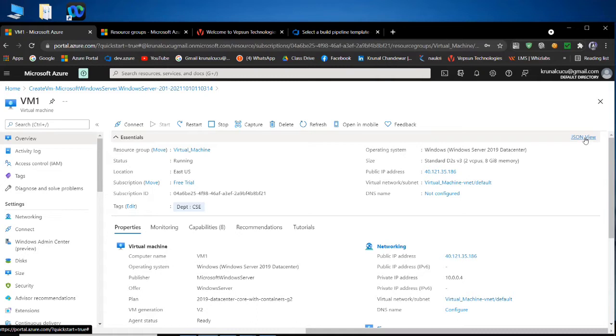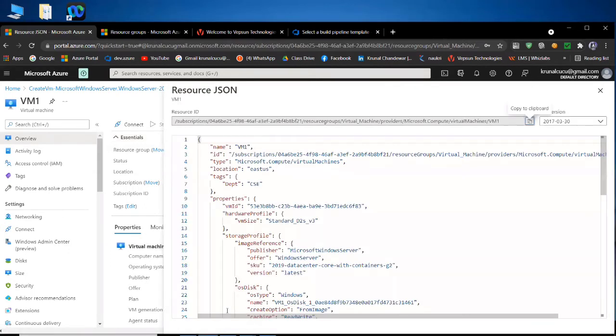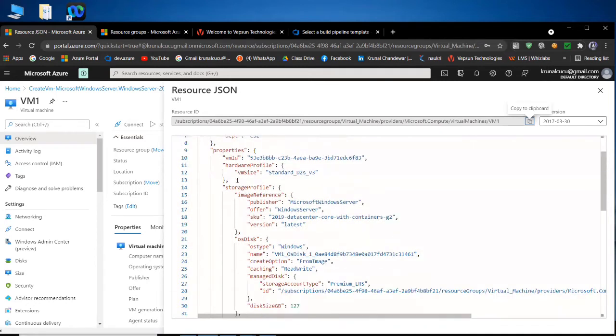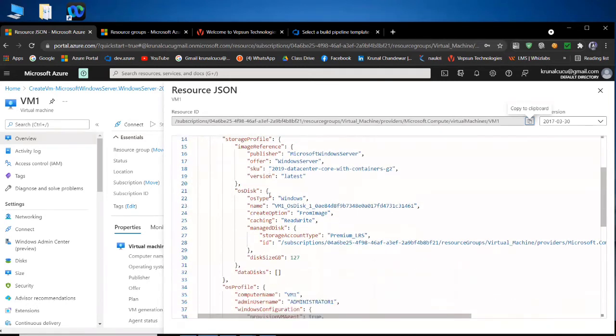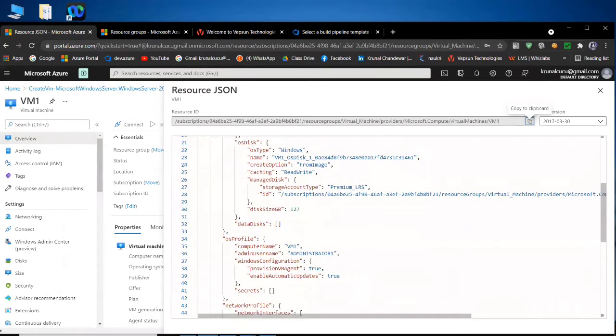JavaScript Object Notation. So if you forgot your username, if you don't remember your username, you will get it here, because if you click here, okay, you will get your administrator1 where it is written. So this administrator1 is your username.